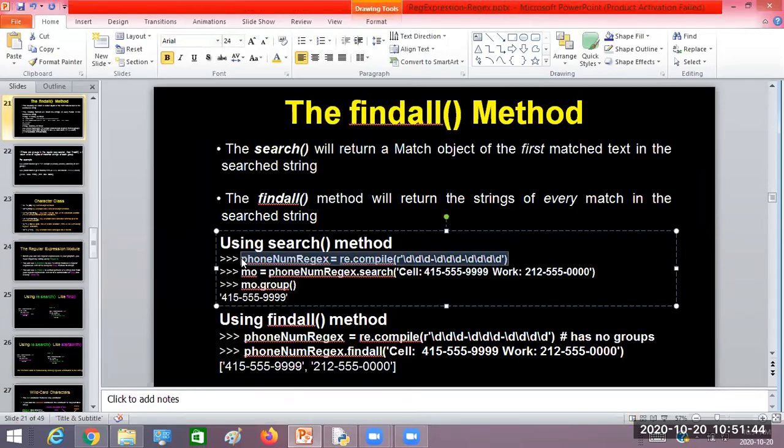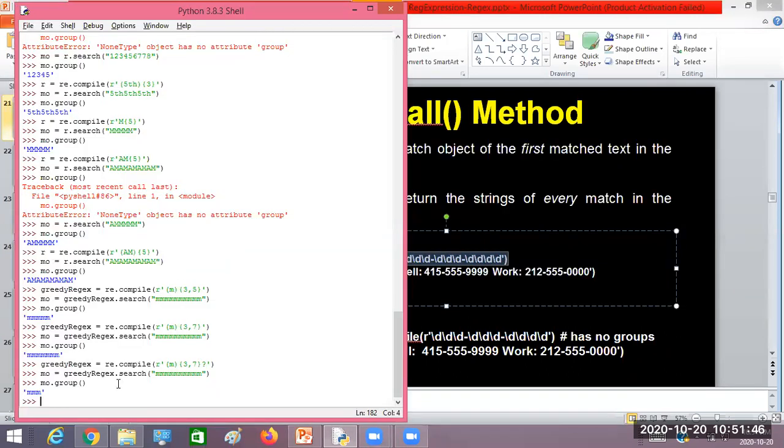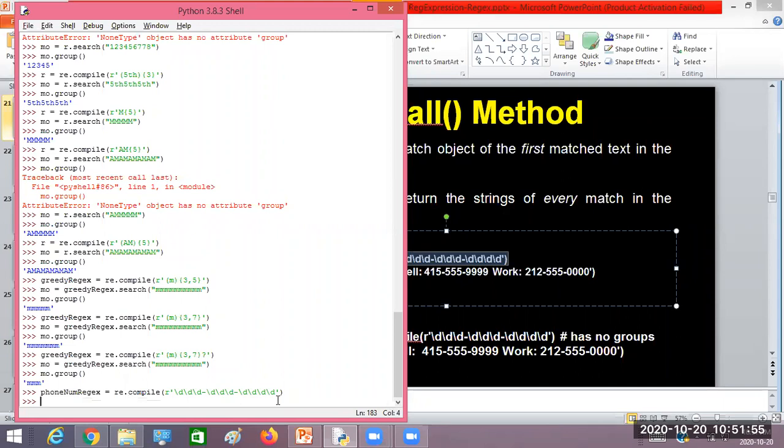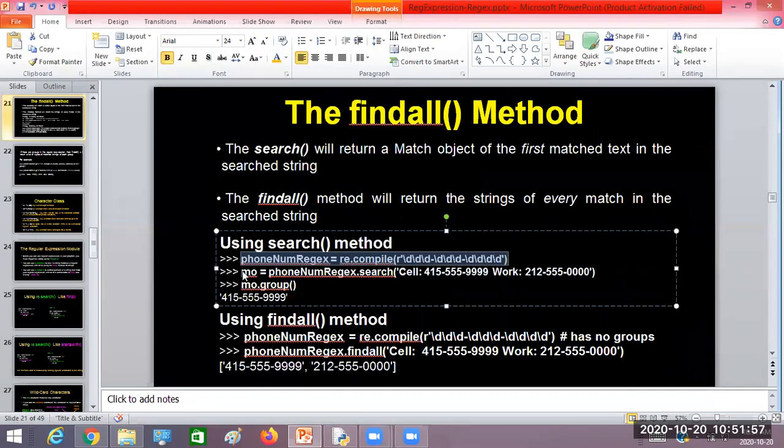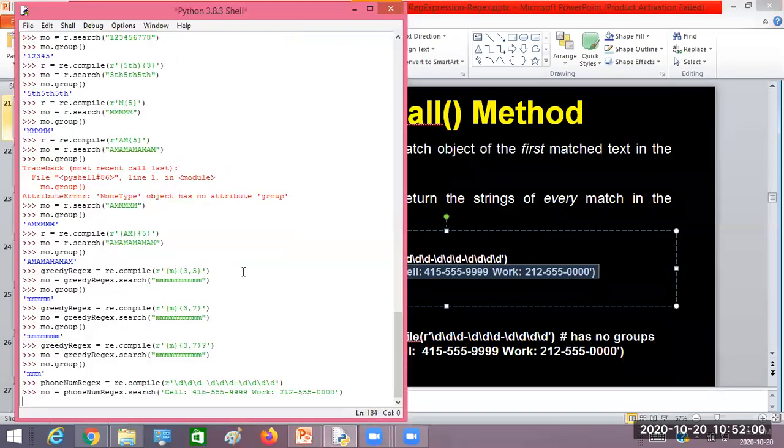Take the previous example from the beginning of this chapter, the phone number matching. Here I have that phone number regular expression, which is the pattern. Now look at the data. One is my personal number and another is my office number, so two numbers are there.